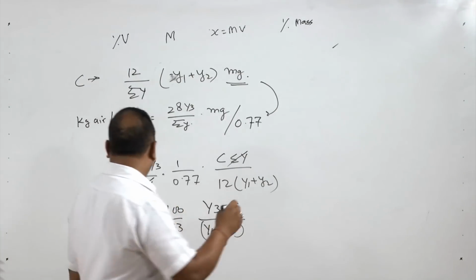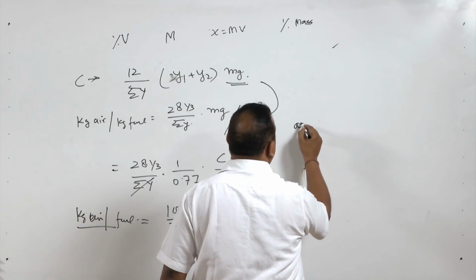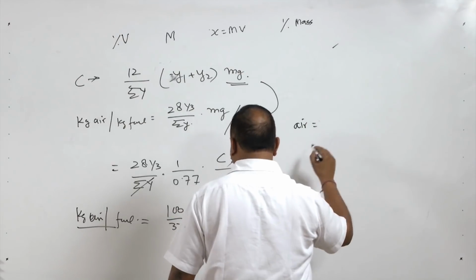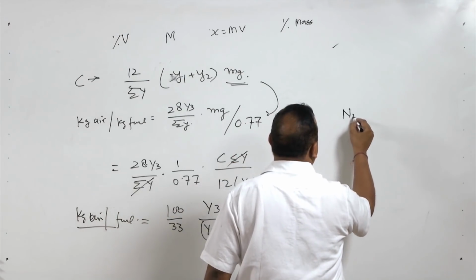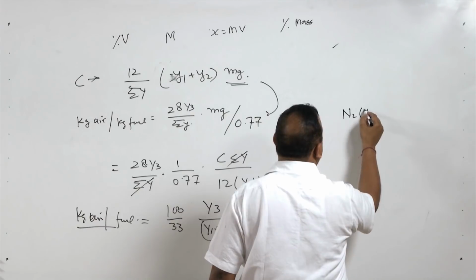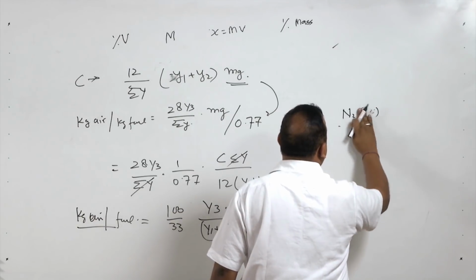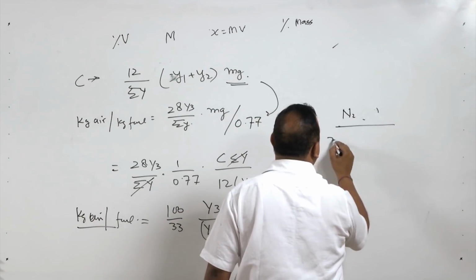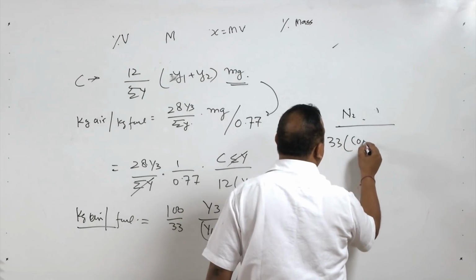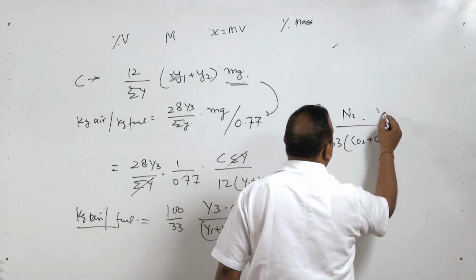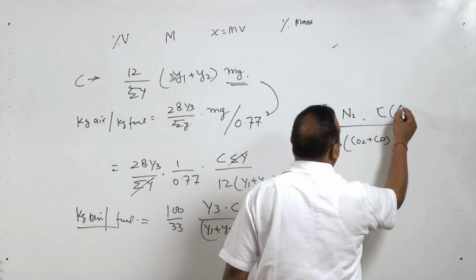Or we can write it like this: air is equal to amount of air, and this is N2 percentage of volume, right? So we will write N2 divided by 33 (CO2 plus CO), and carbon percentage wise,